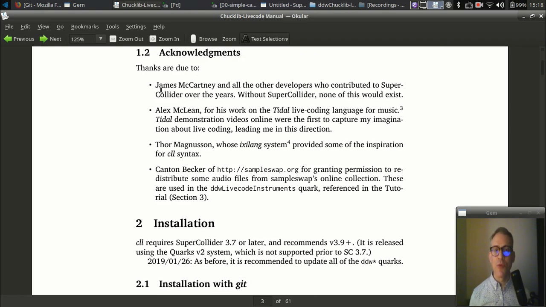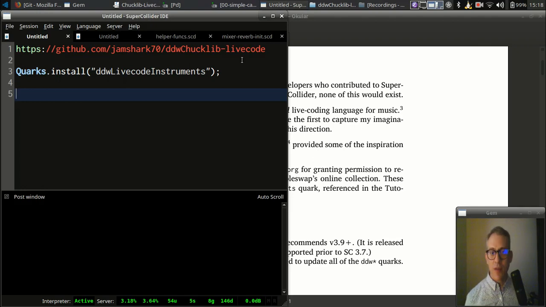Okay, before diving into the package, I will shout out a couple of people. Alex McLean, who is well known in the live coding community. Some videos of his system called Tidal Cycles were very inspirational for me. Also, there is a previous live coding system called Lang by Thor Magnusson that gave me a starting point for the syntax. So, all right, without any more ado,